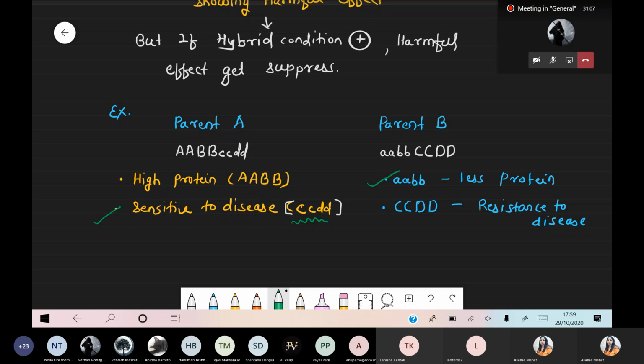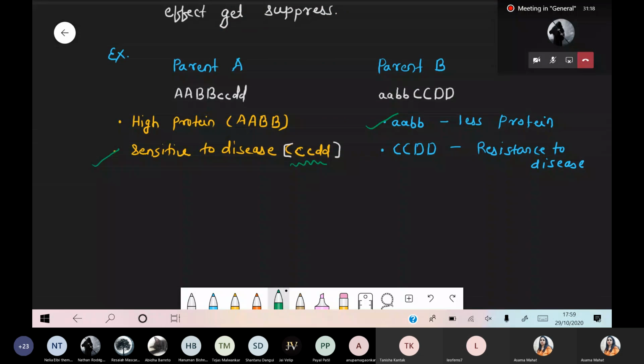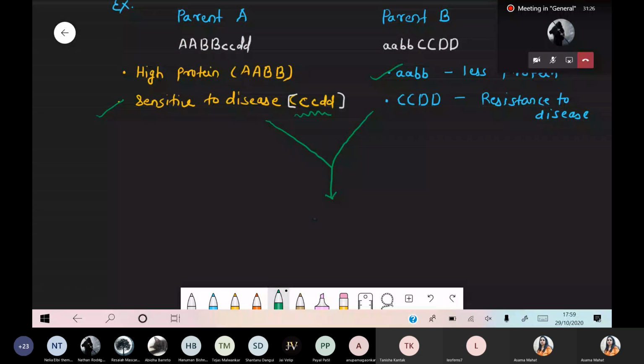Cross between parent A and parent B and produce a superior quality hybrid variety having high protein amount as well as resistance to disease. So now what happened? We are simply performing the hybridization process between them. Cross parent A, parent B, and now what do we obtain? We obtain a superior quality hybrid variety, and this hybrid variety has the genotype, that is capital A,